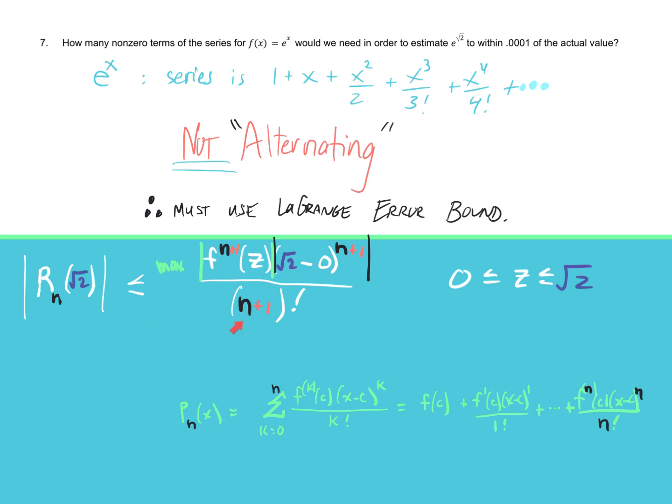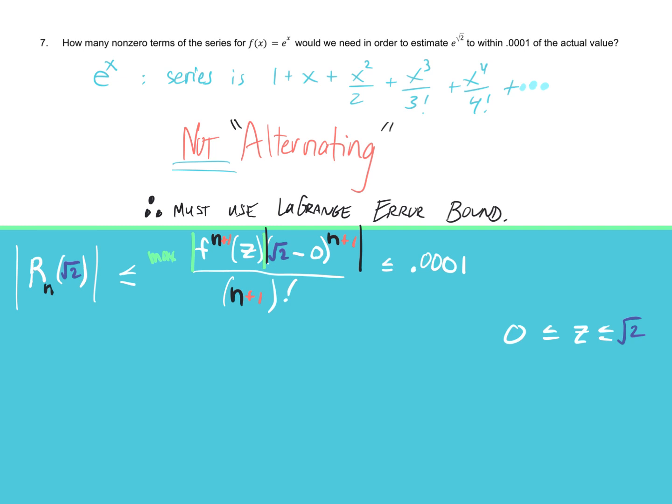All right, so this is all review. Hopefully this makes sense. We're going to find what is the n value. In other words, how many non-zero terms should there be so that our remainder is less than or equal to 0.0001. All right, let's go ahead and solve this, and we'll find out our value n, which will be the answer to this question. As you know, if our function is e to the x, the first derivative is e to the x, the second derivative of f is e to the x,